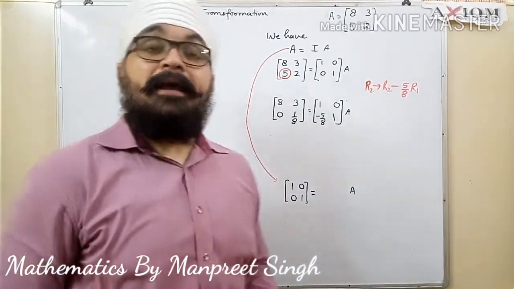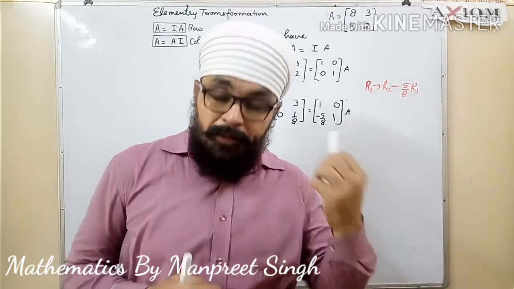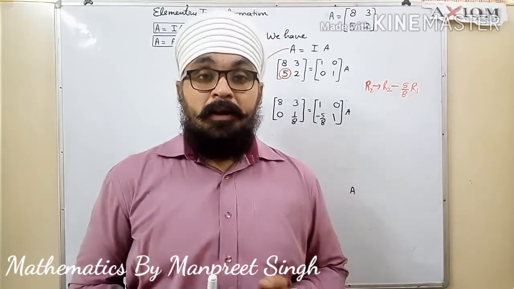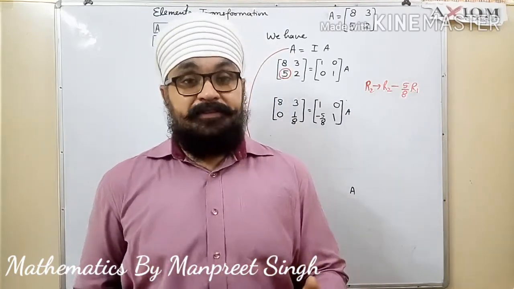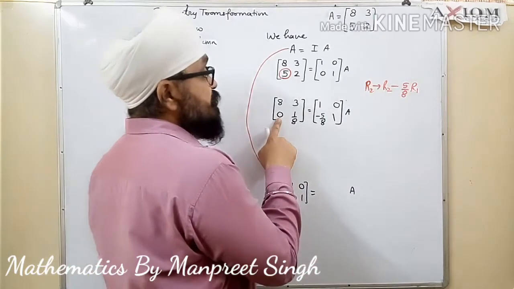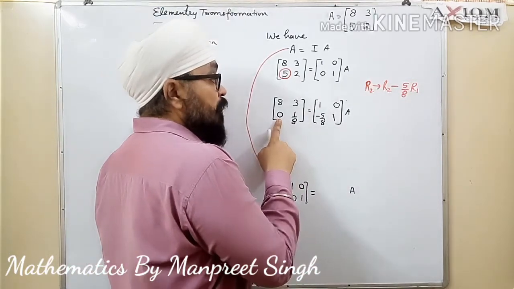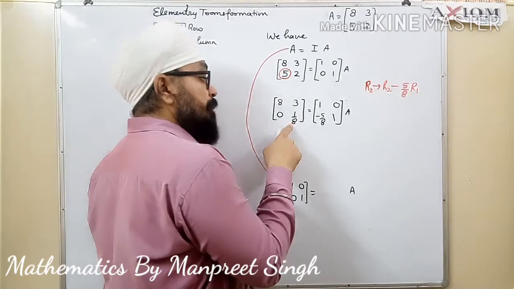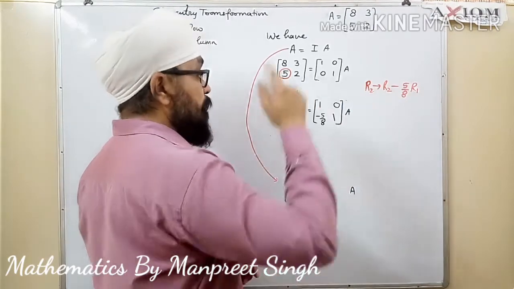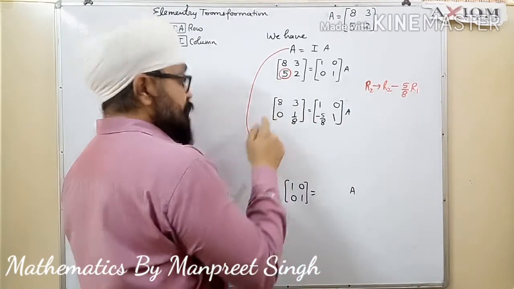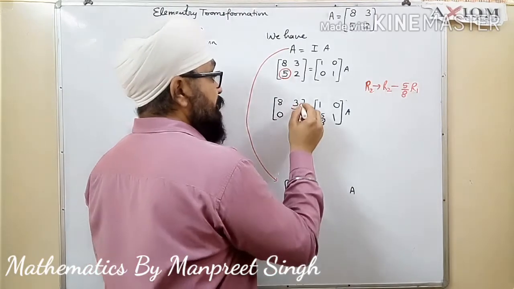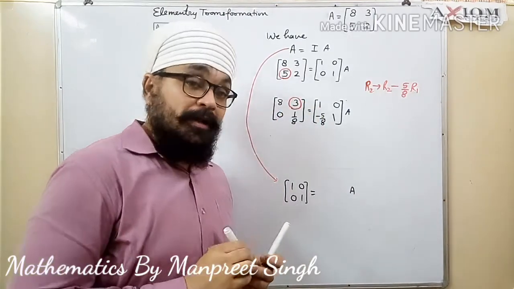Clear? Again I am telling you, this method is looking a bit twisted one, but this will give you least number of steps. So we are getting 0. So what we have to do, we will be removing this 8. If you want to keep this 1/8 as it is, no problem. Again, once making this one as 0, the next target is I want to make this element 0. Again वो ट्रिक काम करेगी.